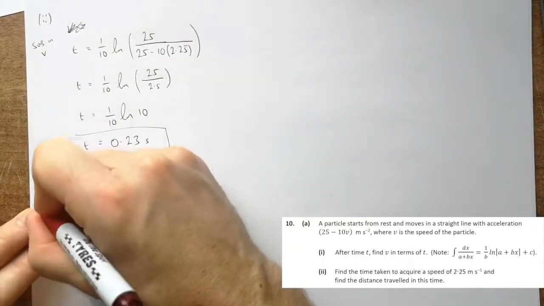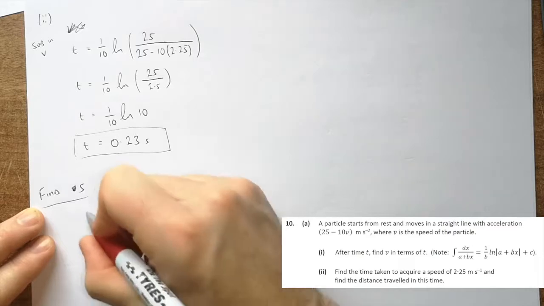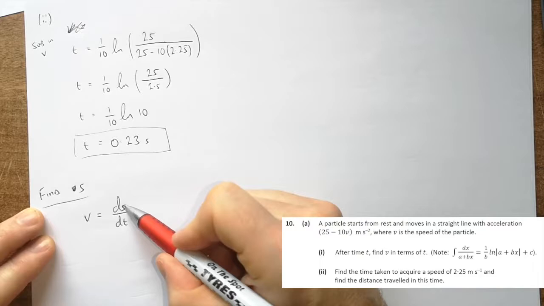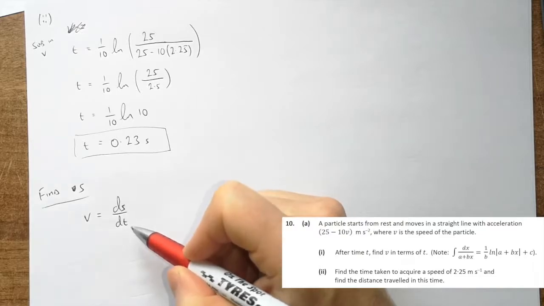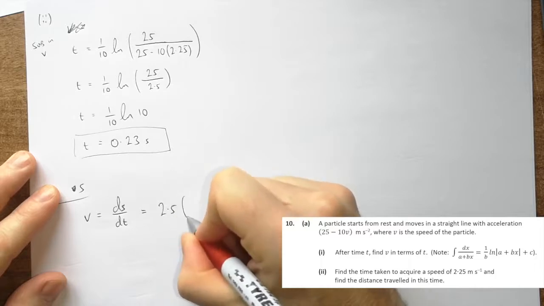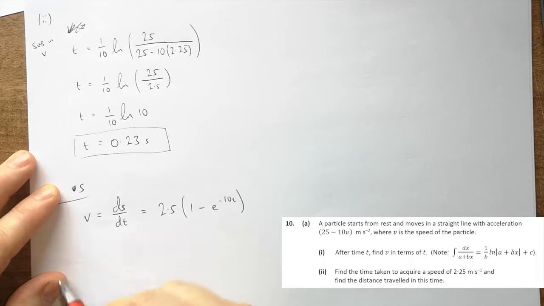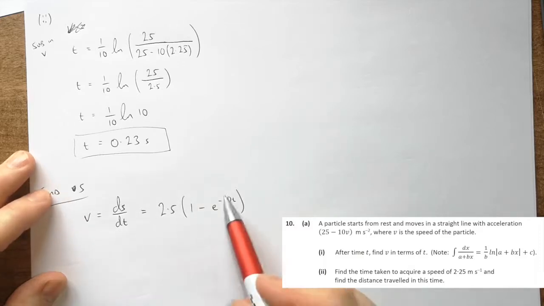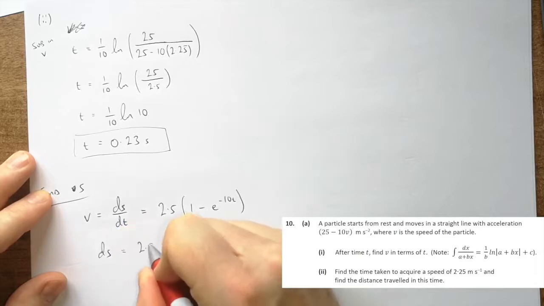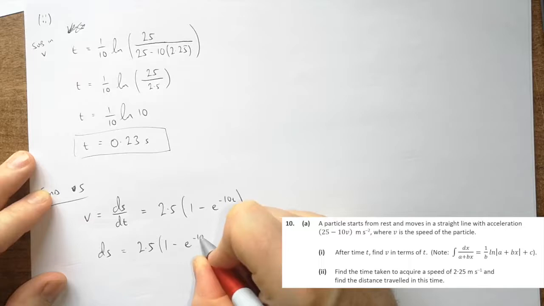But what we did is, so find S, we know that velocity is, of course, ds/dt, the rate of change of distance over time. So this is how we're going to figure this one out. So that is equal to 2.5(1 minus e to the minus 10t). Okay, so a little bit of rearrangement, as always. It's actually fairly straightforward to rearrange this, because we have just ds equals 2.5(1 minus e to the minus 10t)